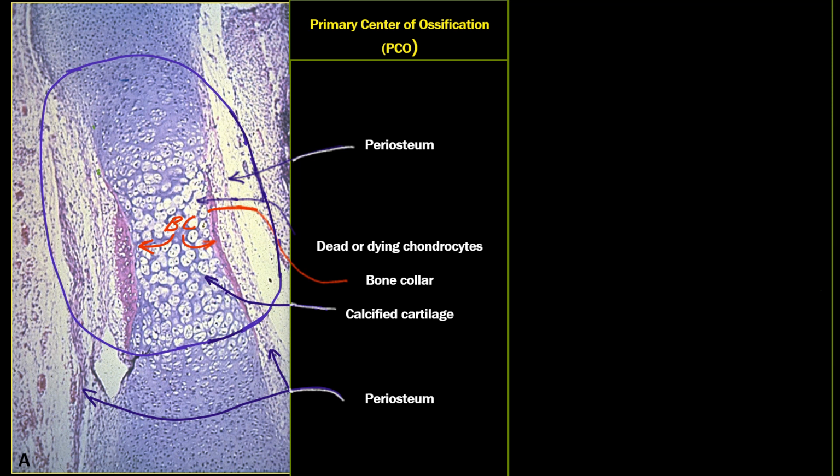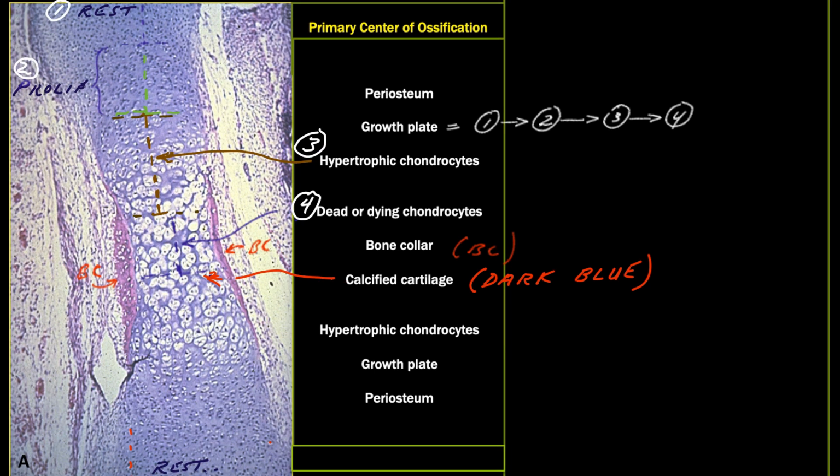Circled is the PCO of an embryonic long bone. Its formation is an incredibly complex symphony of multifactorial, linked, sequential, geographic events, such that the contour of the bone does not change as it grows. The process begins with a collar of woven bone applied at the margins as the cartilage calcifies and the cells die. The cartilage varies in staining, light blue in the ends and darker blue, the calcified cartilage, in the entire